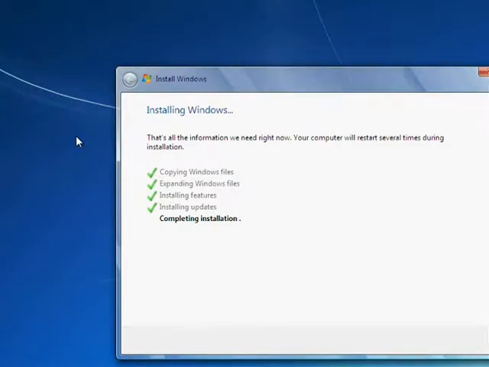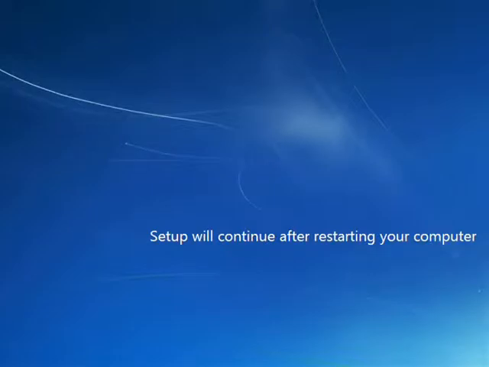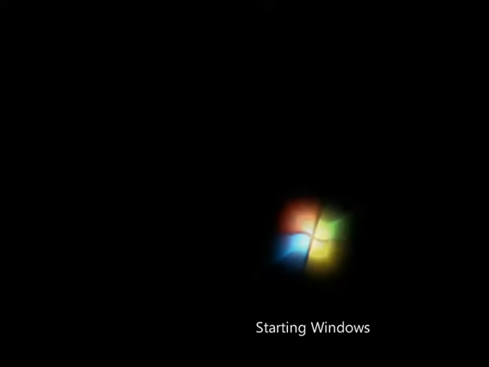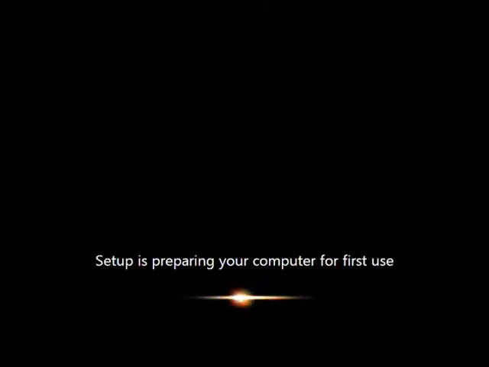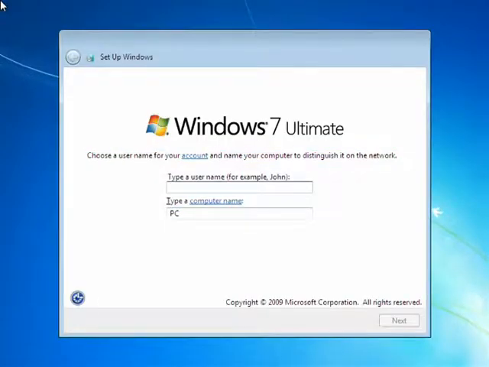So here we see setup running again. It says it's completing the installation, and again I've sped this up considerably. And here we go, it's going to restart, and this is actually the first run. So this is the first time that we're starting up the operating system, and we're going to go through the post-configuration piece, which is setting up the computer name and the first user, and again it says setting up, and loads into the general portion of the setup where we'll set up a username, and this is the